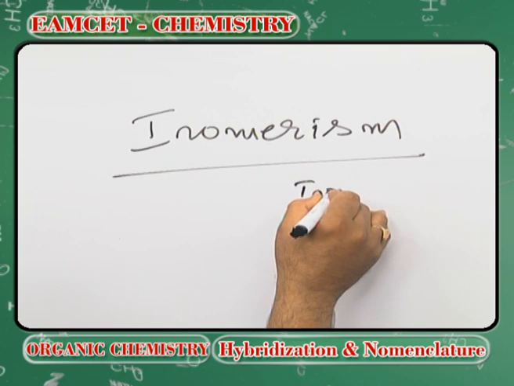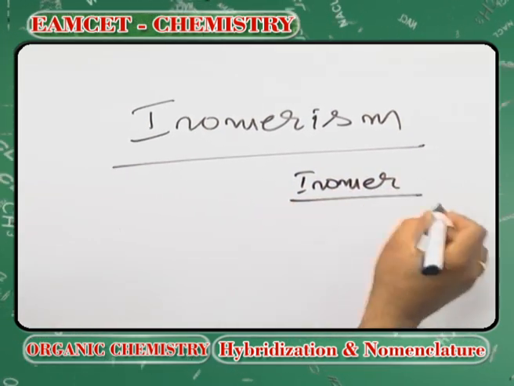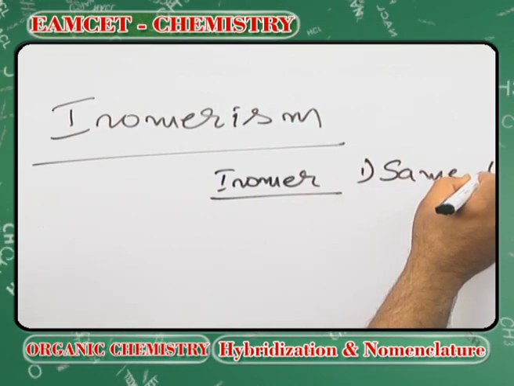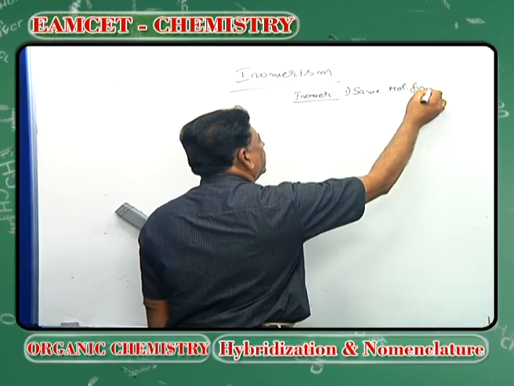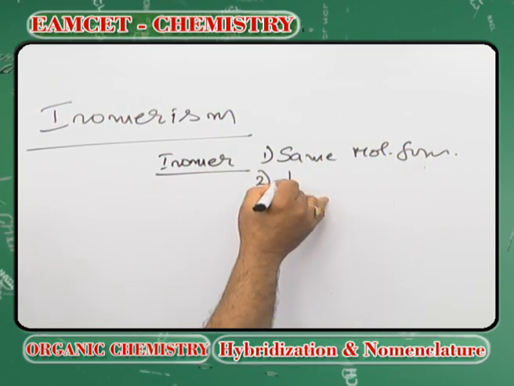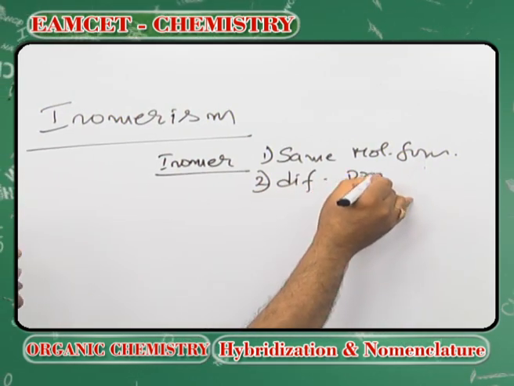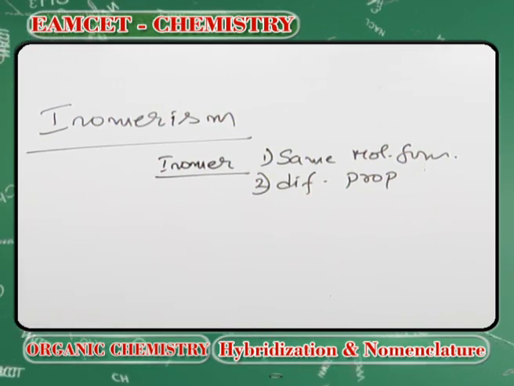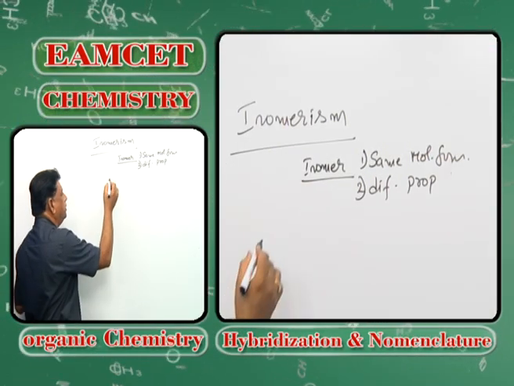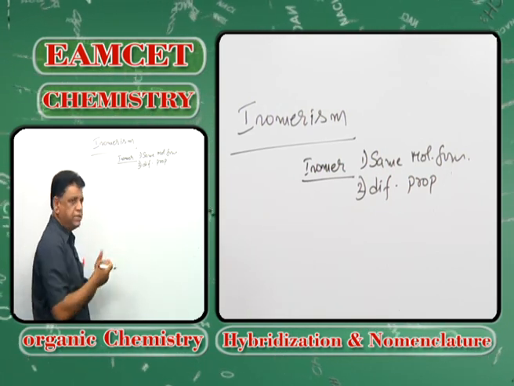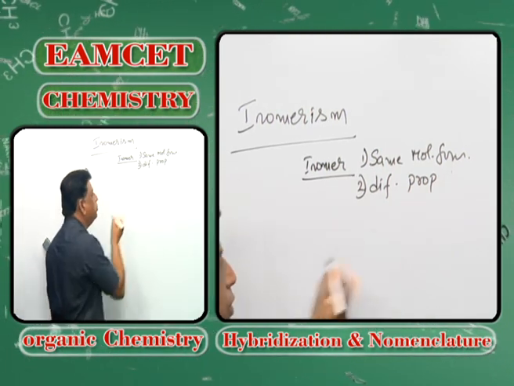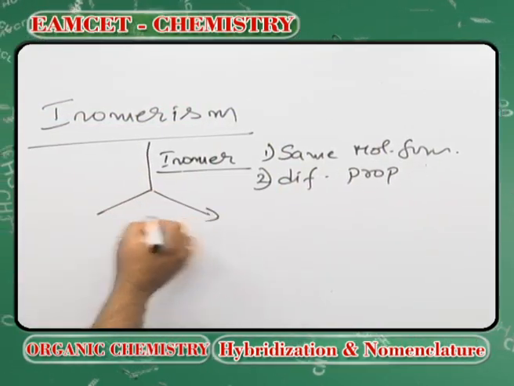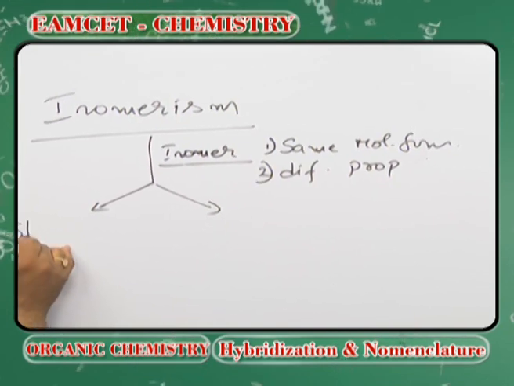Isomers should have the same molecular formula and different properties. At least one property should be different, either physical or chemical, then such two compounds are said to be isomers. Any two compounds which have some relation, the relation between the two isomers, is known as isomerism. The isomerism is broadly classified into two types, structural